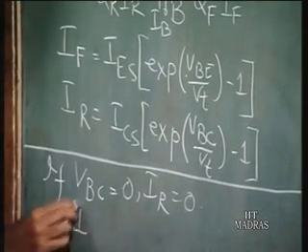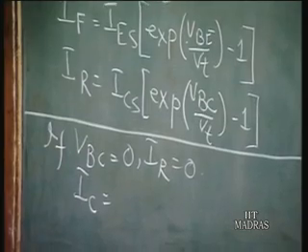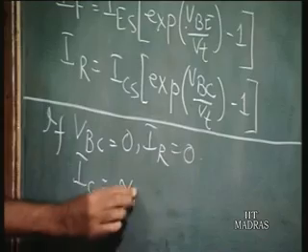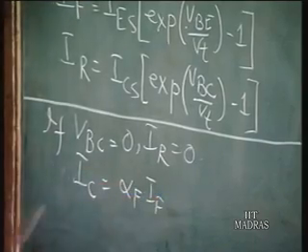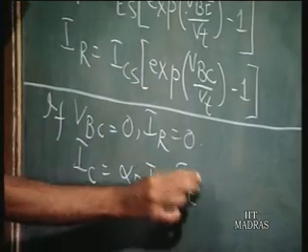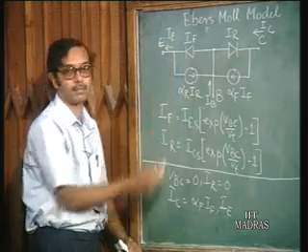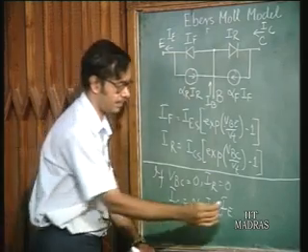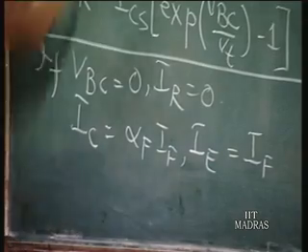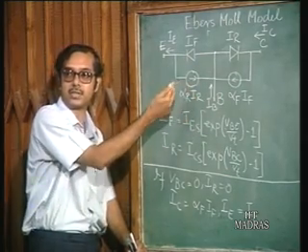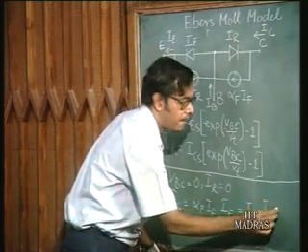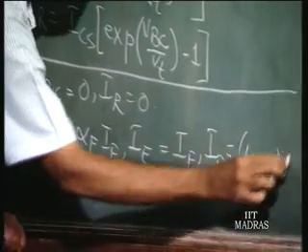We have IC equal to, what is it? Alpha f IF, because this current is 0. IE is equal to IF, since this IR is equal to 0, so this current source is 0. And IB is equal to 1 minus alpha f IF,